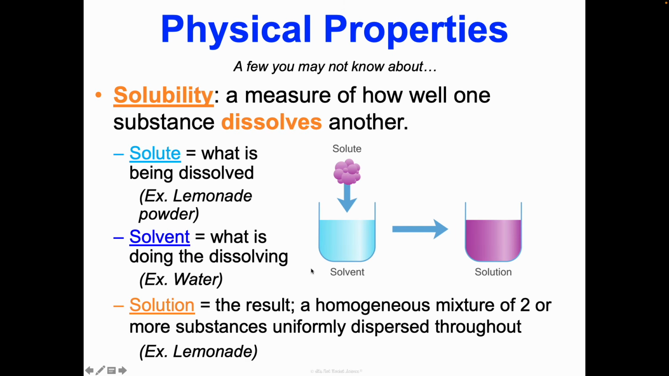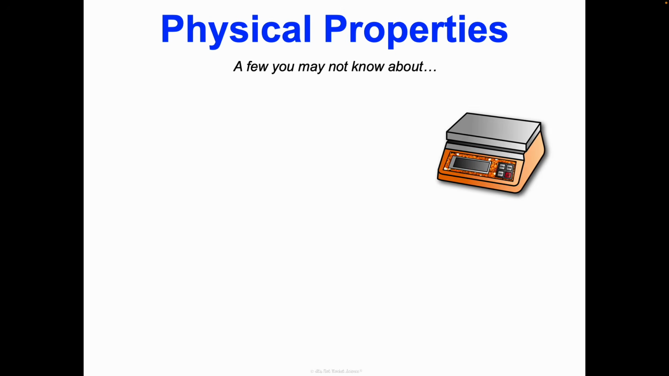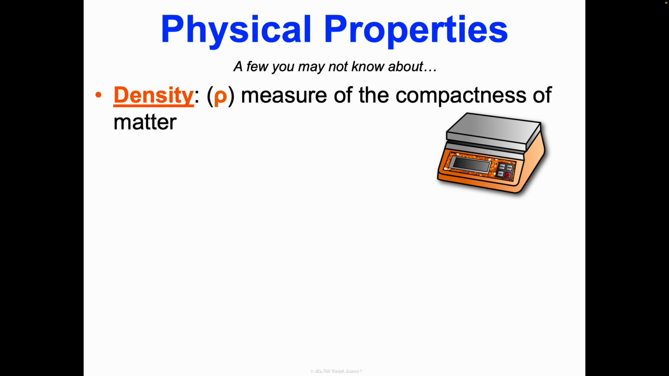So that's something we can look at as well as a physical property, how well it dissolves. And then another is density, and it's represented by this Greek letter rho, which to me is like a fancy lowercase p. So density is the rho, that's what its abbreviation is for, and it's a measure of the compactness of matter,